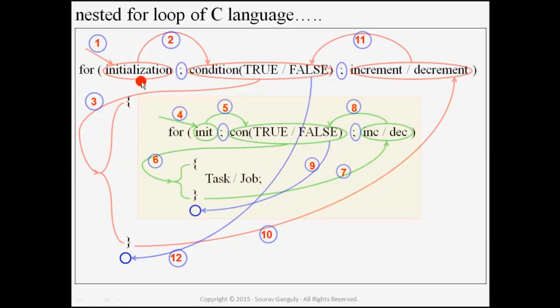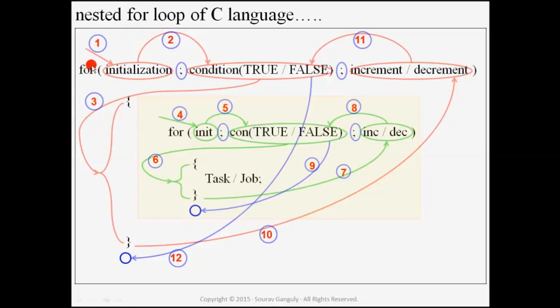We already discussed the syntax of the for loop. That means the keyword for, initialization, condition, increment, decrement, and the body of this for loop are present here. Under this first for loop, we put another for loop here. The syntax remains the same: initialization, condition, increment, decrement, and the scope or body of this for loop and the task